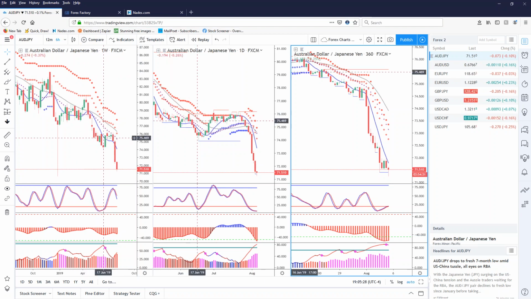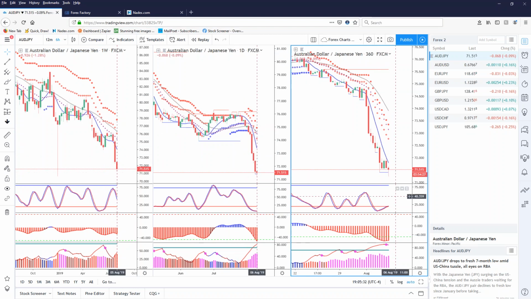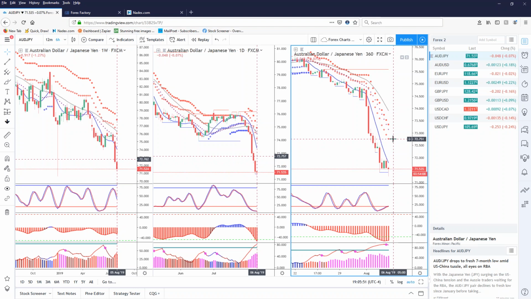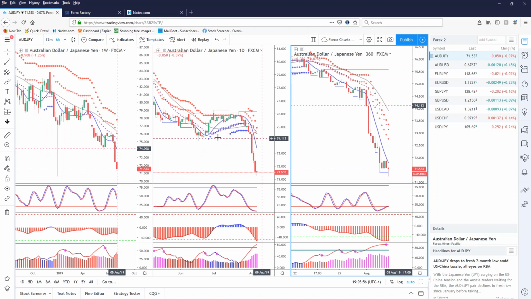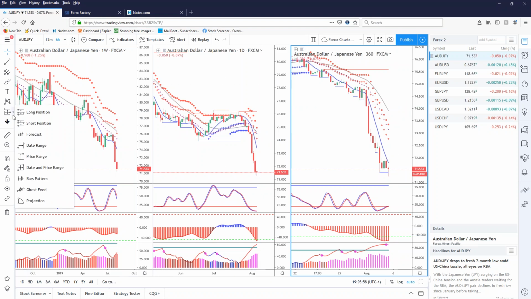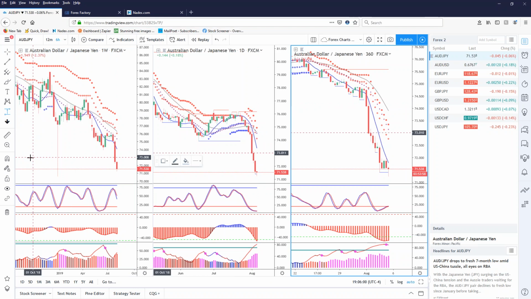And in this case, you can see that the daily is overextended and you're making a double bottom over here on the 360. I would expect for the 360 to at least go up and test 72.75. Does everybody understand that one? It may go further. It could come all the way back to this ATR at 74.12. There is that potential.